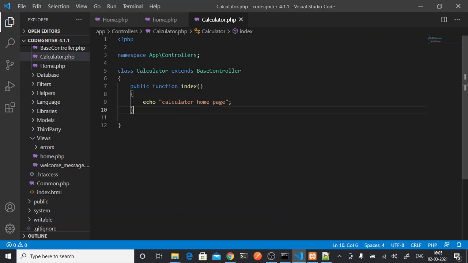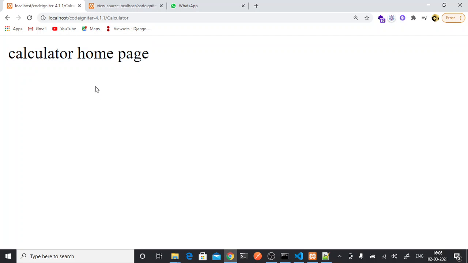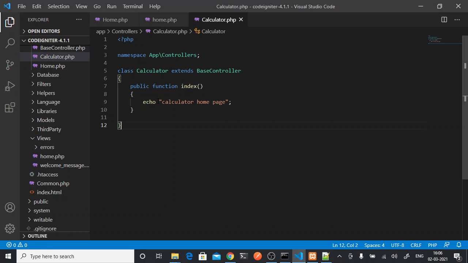Now this calculator homepage we have echoed here, right? Now here also we want to load some option, like we want to calculate square. So maybe I can load square view.